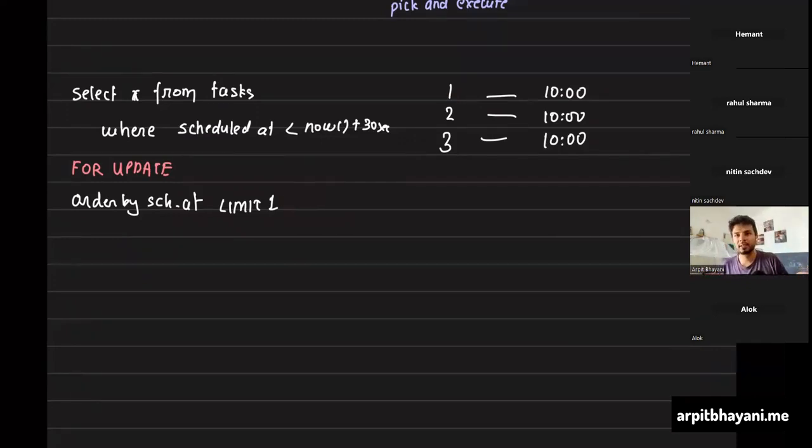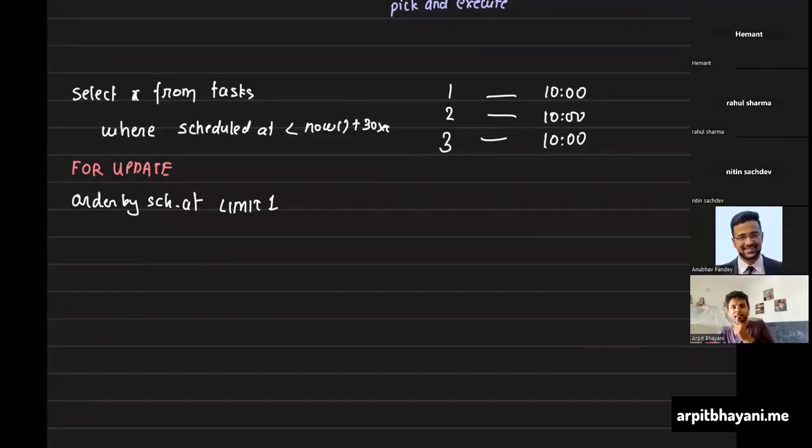Limit 1. Yes. So that's why I'm asking how to differentiate which one will be taken by one connection and which by another. That's the job of a transaction, right? You need to write this query, and this is where your exclusive lock comes in. When one transaction came in, it took an exclusive lock on one row. Okay, got it. So because of that exclusivity, I will get one row, and now that row cannot be read by another transaction.